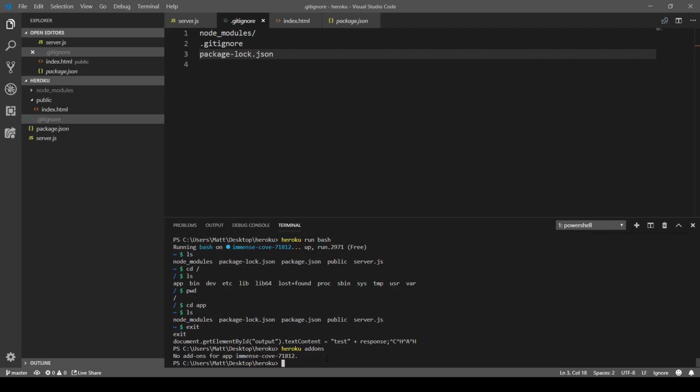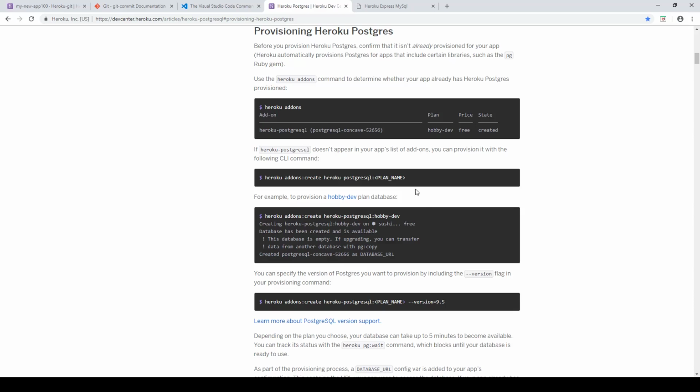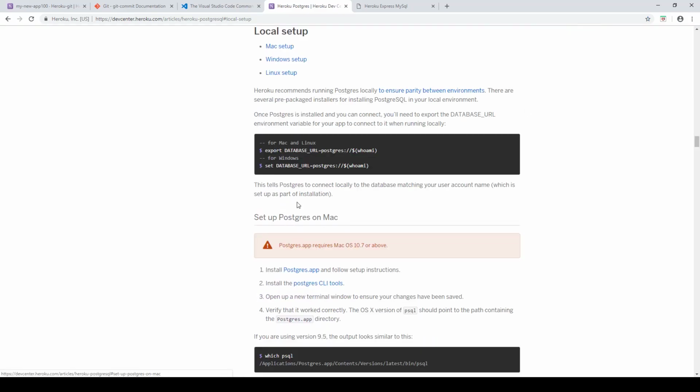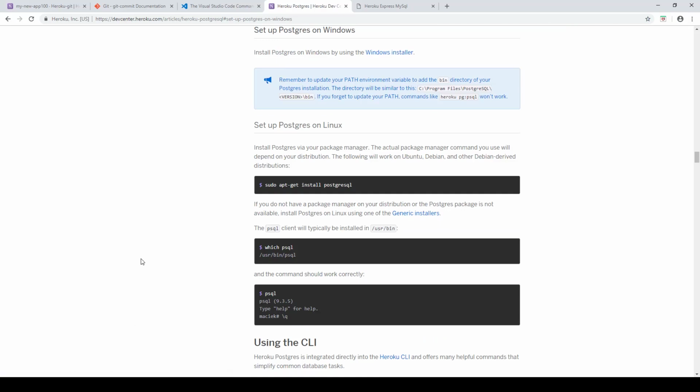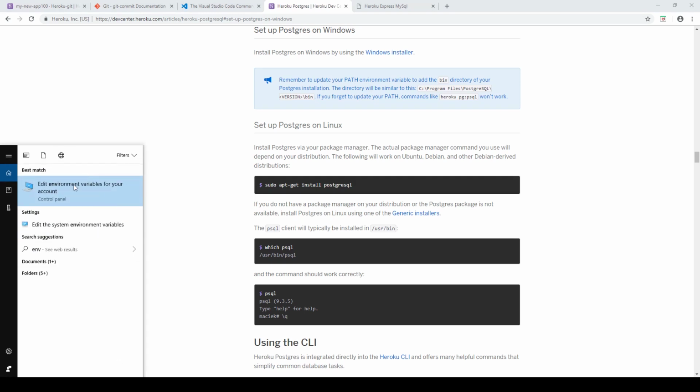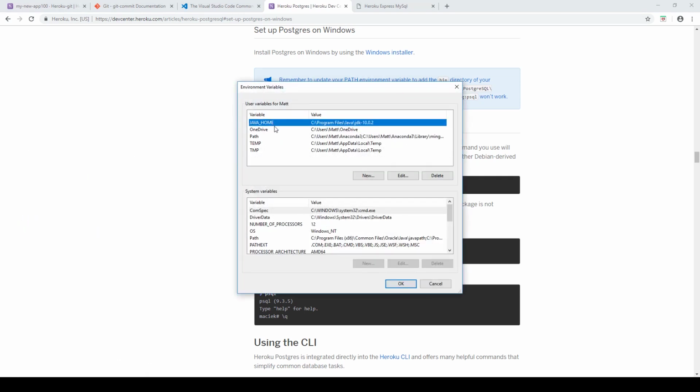So we don't have any add-ons. Okay, so I do have Postgres installed, and I want to add it to my environment variable, just like this says to do here in local setup, Windows setup. So the easiest way to do that is in the search, you can type env, and then it should have this, and you can just click on that, and you're going to want to add it to the path as it says here,